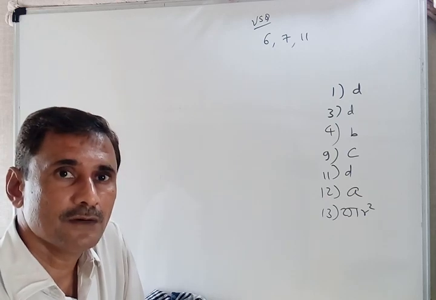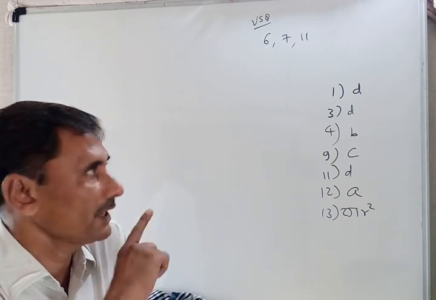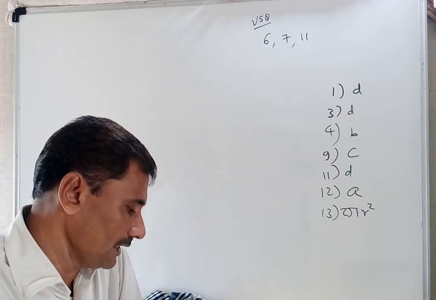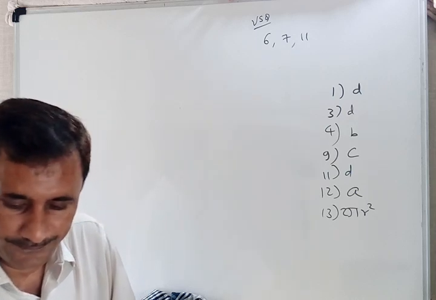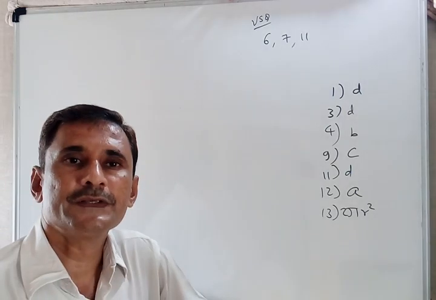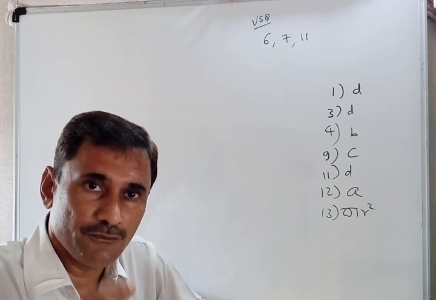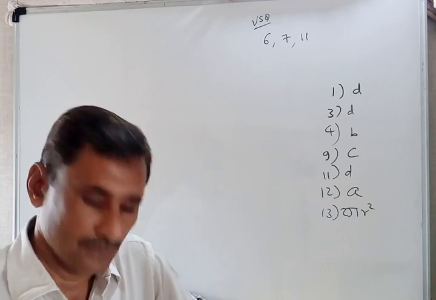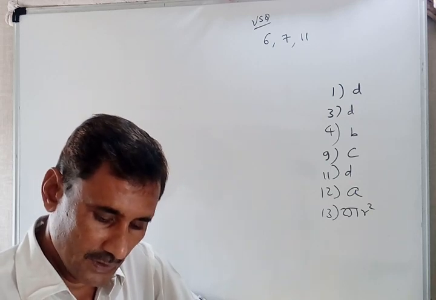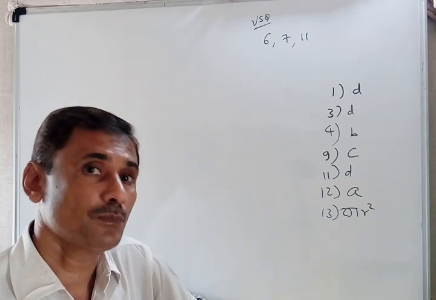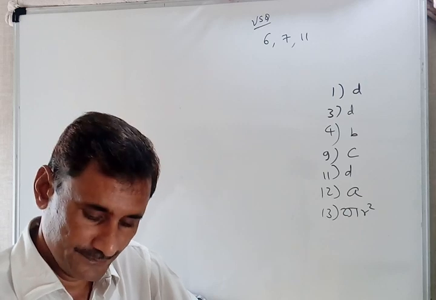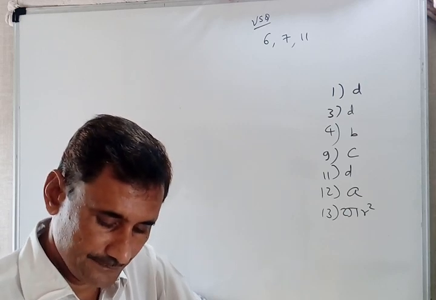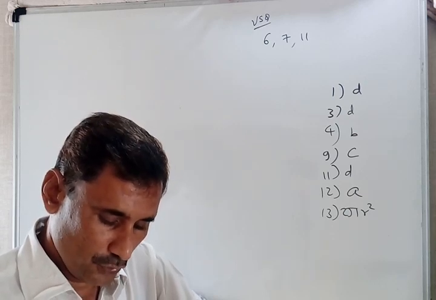Water glass. Frustum of cone. I am not writing, just telling you. Water glass is a frustum of cone. Wire. Cylinder. Wire is a cylinder of very narrow diameter and long height. Okay. So wire is a cylinder. Bucket. Frustum of cone, just like a drinking glass. So bucket is a frustum of cone.